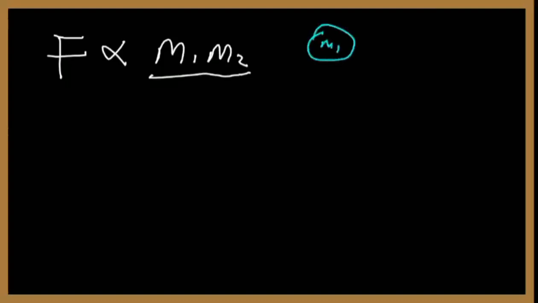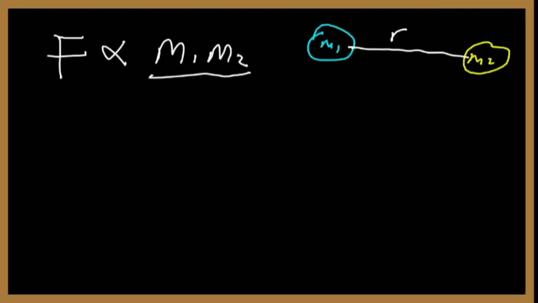the force of attraction between two bodies in the universe is directly proportional to the product of their masses. Assuming the two masses are m1 and m2, it is directly proportional to the product of their masses, m1 times m2, and inversely proportional to the square of the distance between them. Take a look. Assuming this is a body, m1, and I have another body, m2. Now, if this is the distance between them, distance r, for example,